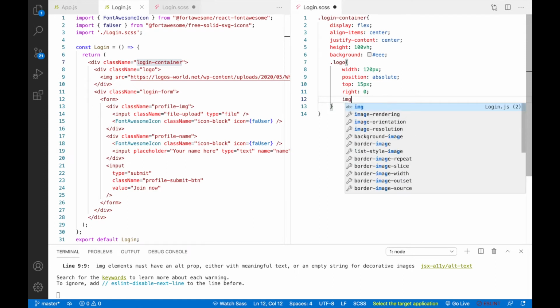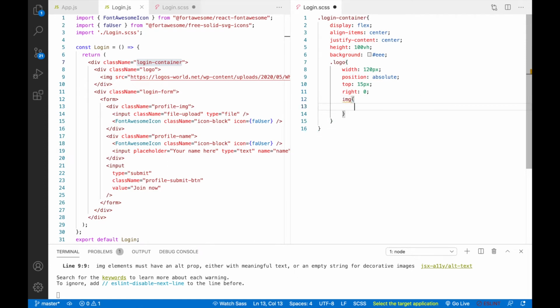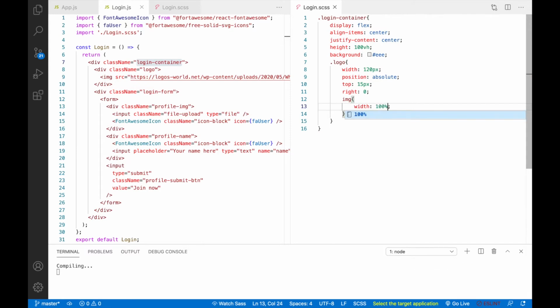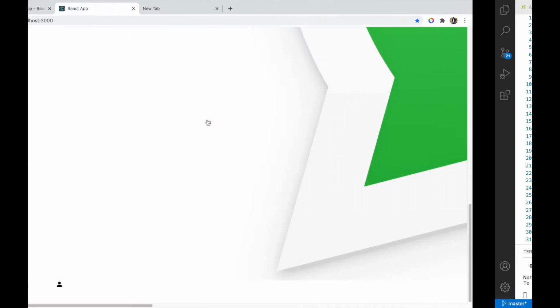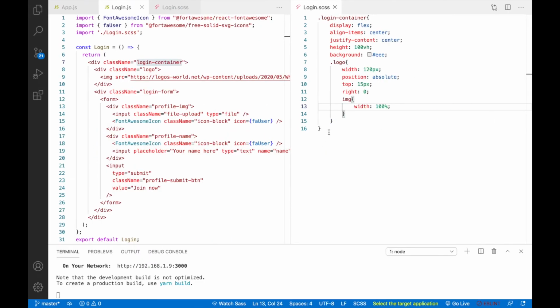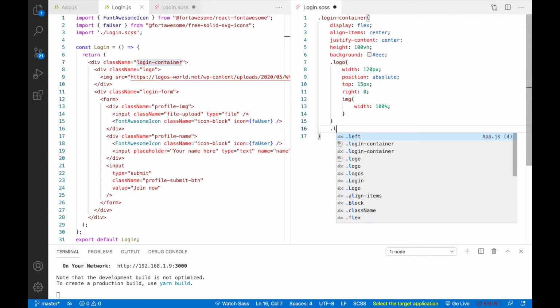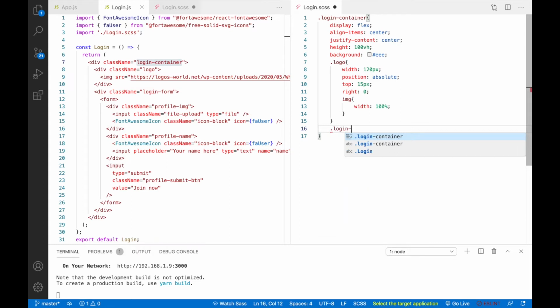Okay, and inside this we'll style the image also. For this, width will be 100%. Okay, so this will look something like this. Now we'll style this form. So after this logo, here we'll write login form.